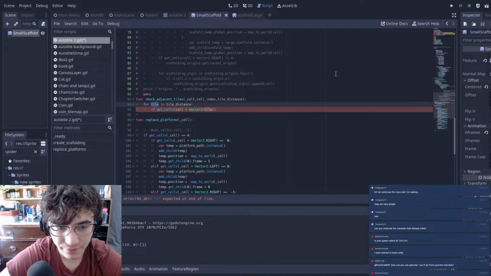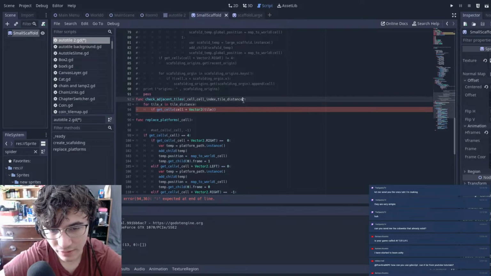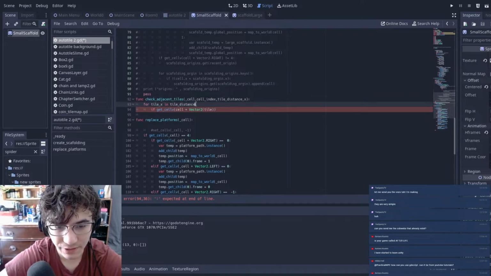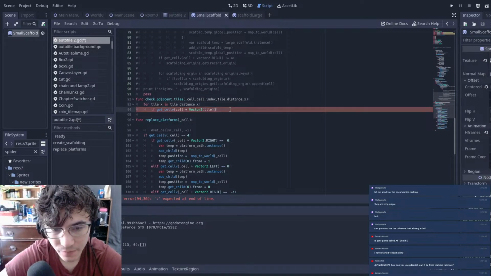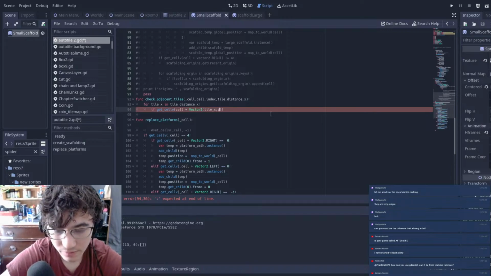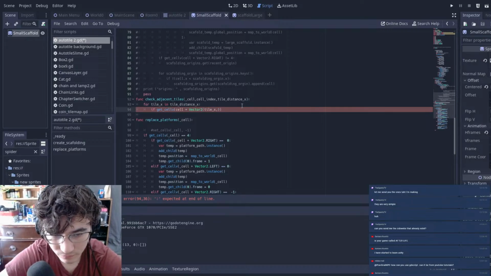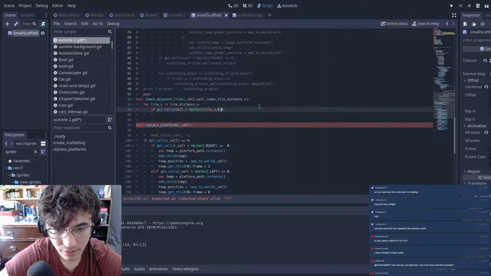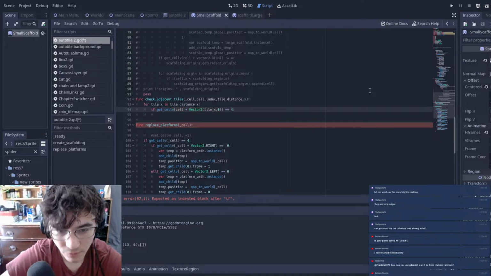Let's call this tile x and tile distance x, just so I don't confuse it with an actual tile. We're just grabbing the x value here. So plus vector 2 of tile x 0. And if it's equal to 4, or if it's equal to our cell index,